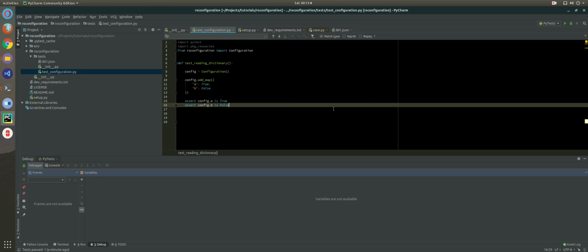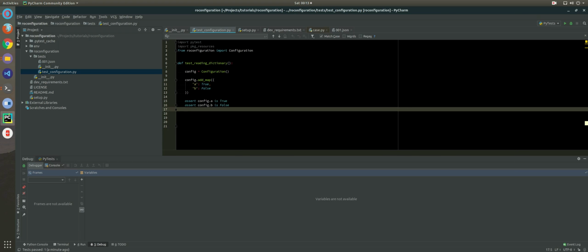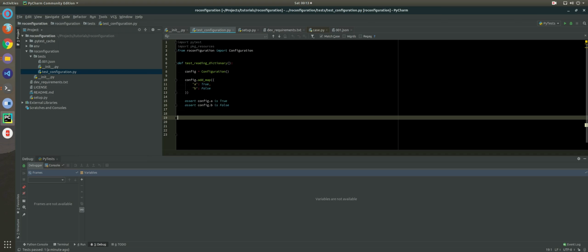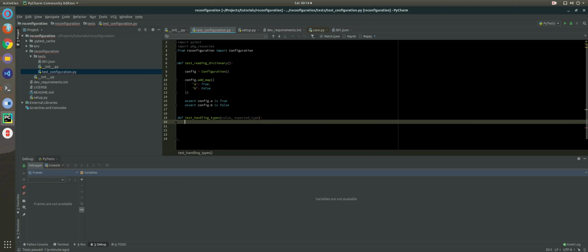I mentioned previously that one of the limitations of the UnitTest framework is that it doesn't let you parameterize your test. So let's see how we can write a better version of the function we created previously to test the types. So test link types, value, expected type, and let's say